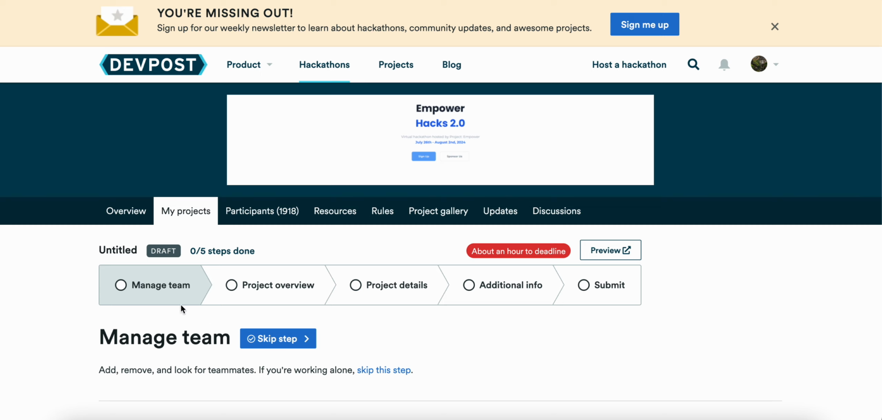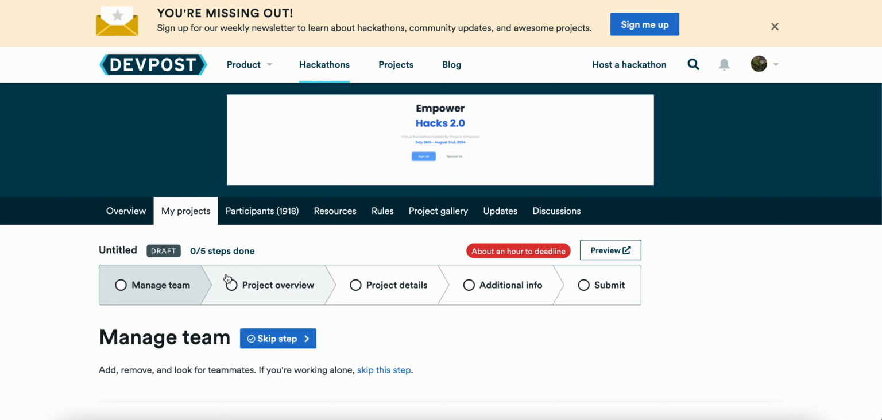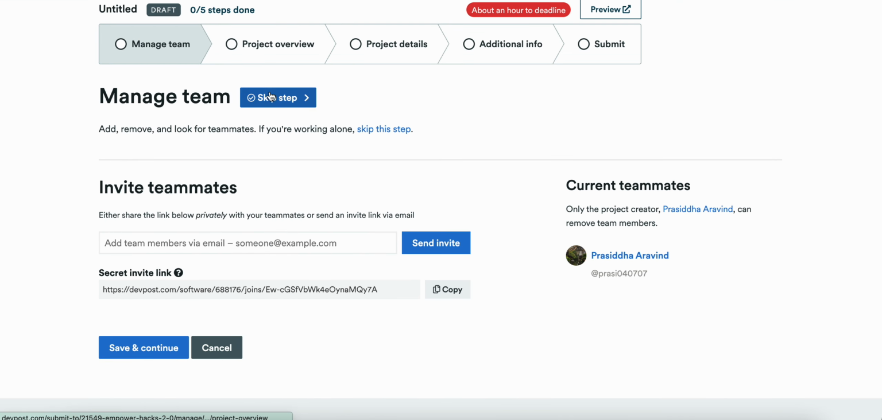Now, usually there would be a Start Project button in blue right above that button, but since I've already started a project, it shows up as Manage Projects or Edit Project. But usually when you check that out, there should just be a Start Project button. Now you can go ahead and click that button, pretend I clicked that button, and the first step is managing